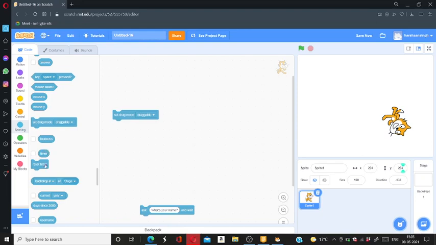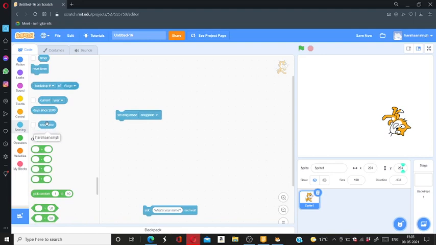So reset timer is when you want to set the timer to 0. And the next one is backdrop number of stage. It shows the backdrop of the stage, as you can see. So next is current year. It shows which year it is today, like in this year, which year is it. So the next is days since 2000, that is how many days have passed since 2000.